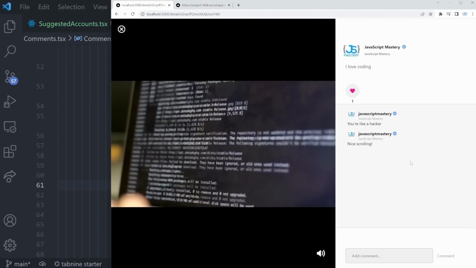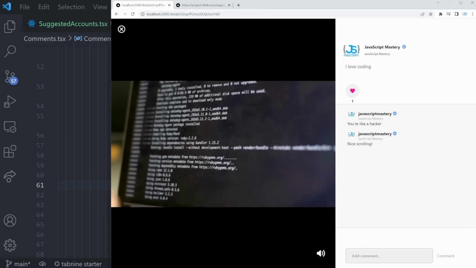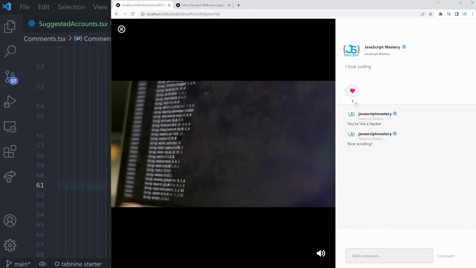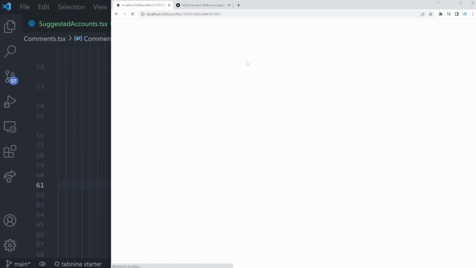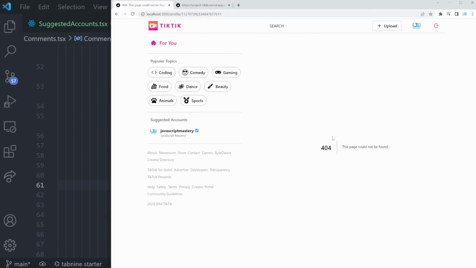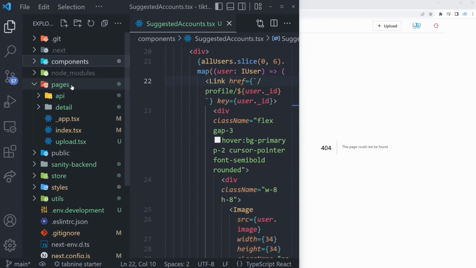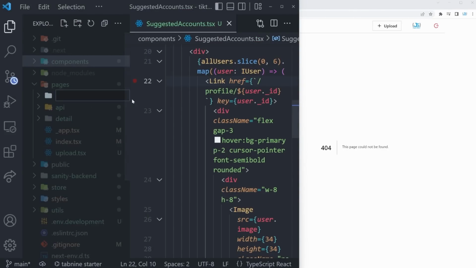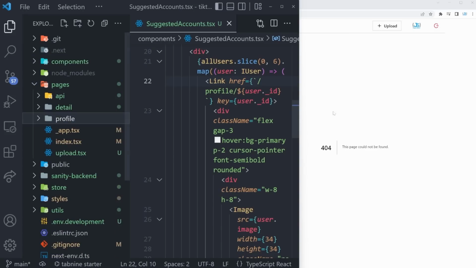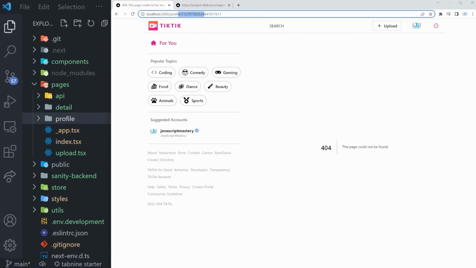Isn't that great? Now, if we click on the comment though, or if we click right here, it's going to lead us to a profile page, which for now is a 404. Great. So our next step is to create a new page under pages. That's going to be a new folder called profile. And then if you look at the URL right here, that's going to be a profile and then / the